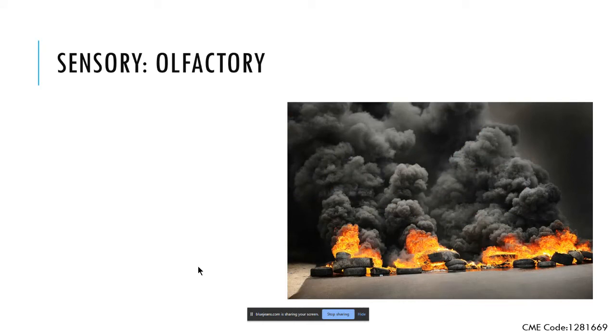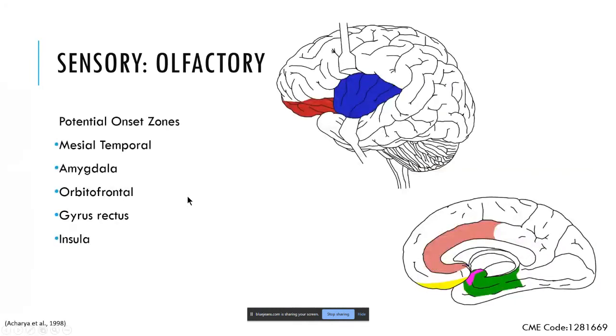Olfactory sensations, typically unpleasant scents, are described as sometimes sulfur or burning rubber, hence the picture. Though one patient recently described it to me as saline. Olfactory seizures such as this can typically be seen in seizures originating from the mesial temporal lobe, but have also been